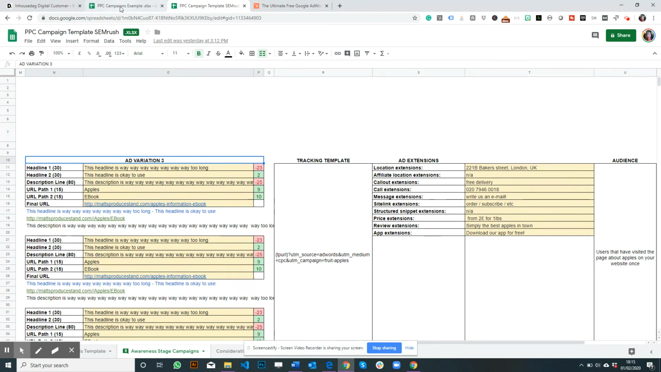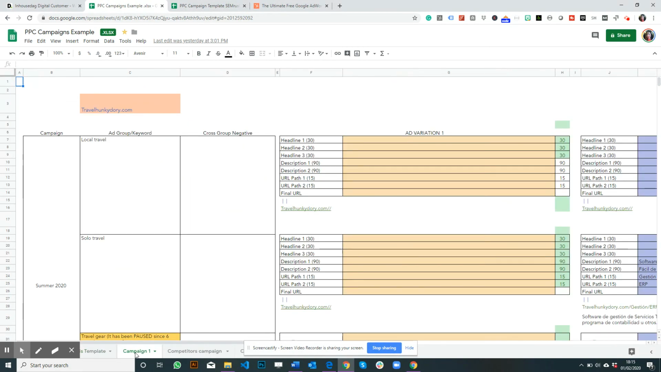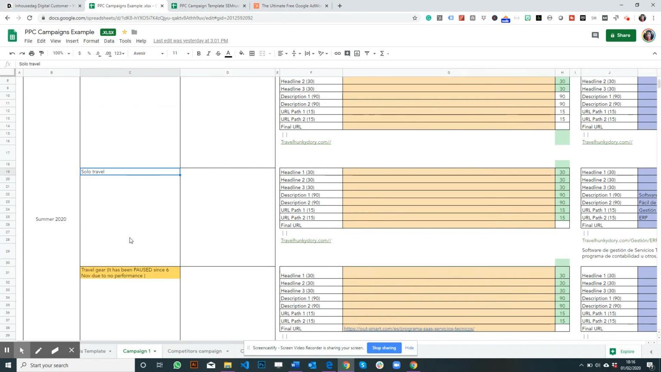Now let me show you how I use it for one of my campaigns. For example, for campaign 1, this website is one of the websites that I created. For this website, travelalquidores.com, I would use local travel as a keyword, solo travel as another keyword, and travel gear as another keyword. If you want to pause the campaigns or make a notation, you can just make a